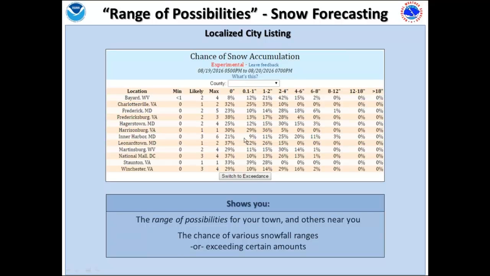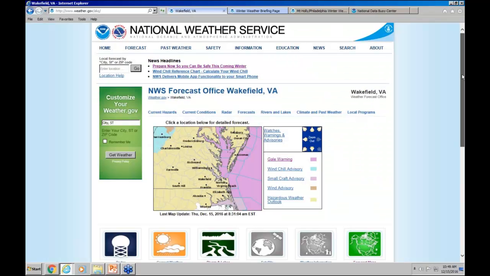So we have this for individual locations as well. And so this could be helpful if you're trying to brief some of your localities. When you go to the National Weather Service website, and in fact our website works like this, as well as the Washington, D.C. office and also Blacksburg, Virginia. Basically all of the National Weather Service offices serving Virginia are running this program now. So we've been able to get this statewide. So whether you're looking at forecasts for Roanoke, Richmond, Norfolk, Hampton Roads, Fredericksburg, Washington, D.C., you'll be able to access